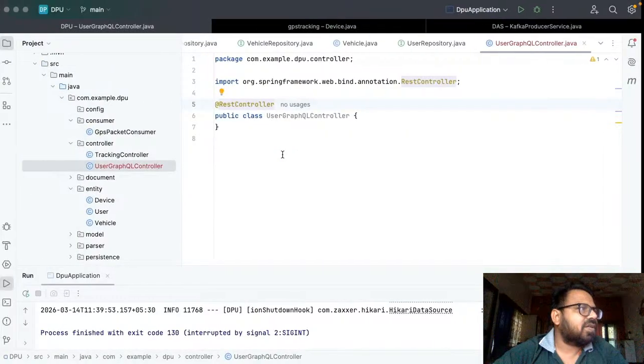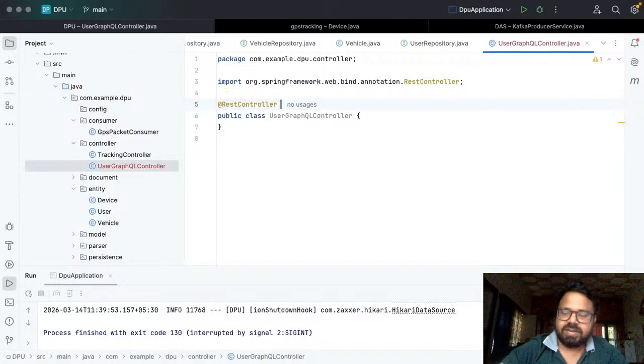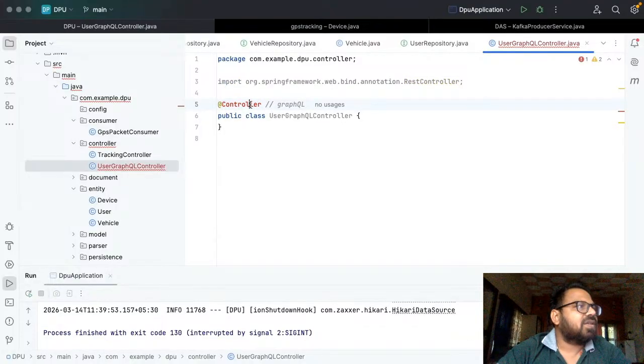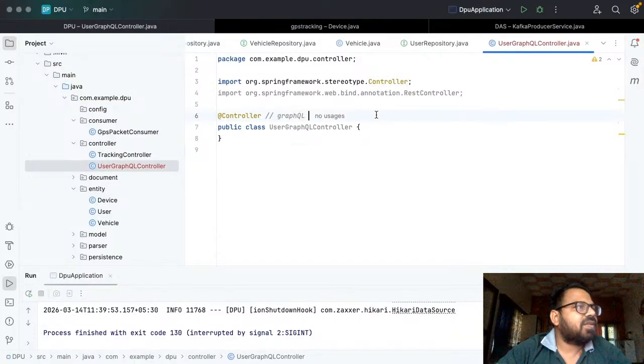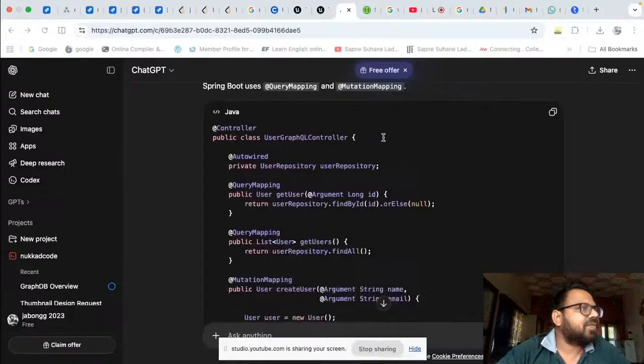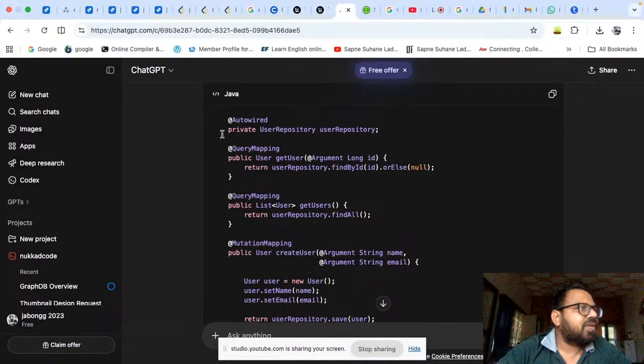Okay, it is not a REST controller because we are going with GraphQL, right? So we have kind of two competitors, REST versus GraphQL. We cannot use a REST controller here because we are not creating REST, we are creating GraphQL. Cool. So now we are having